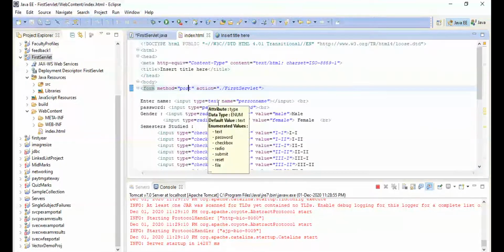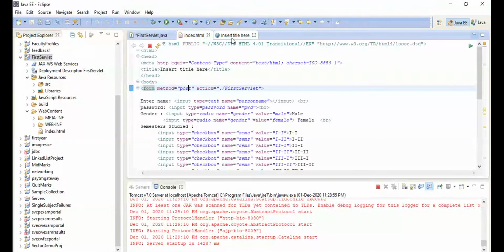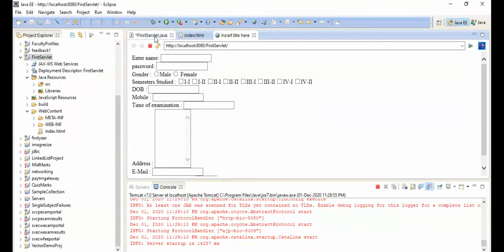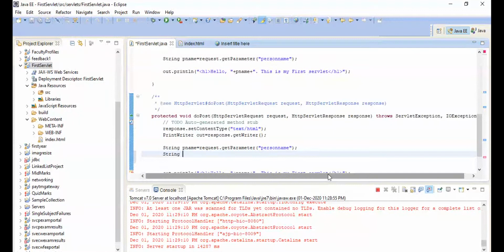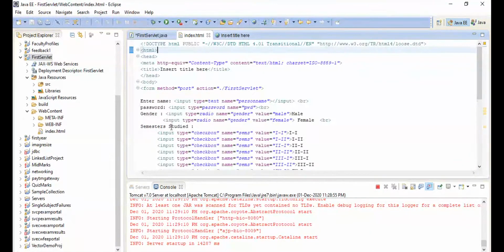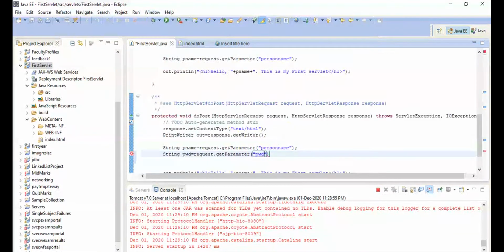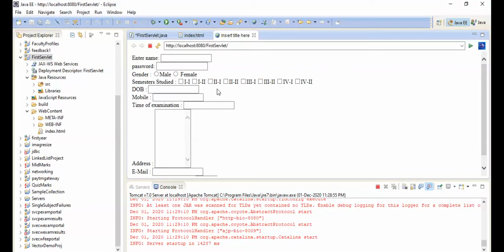So name, what is person name. The next control is password. How to read the password in the servlet? Here, pwd. Okay, very good.